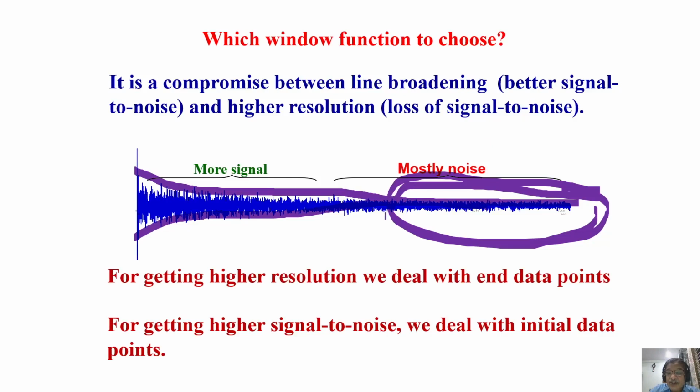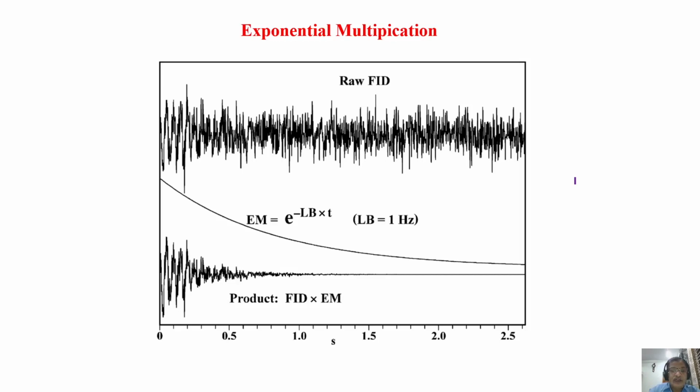Fine. But the advantage is you have reduced the noise component here. The noise part is removed. So what is the benefit and what is the loss? The benefit is you will get a better signal to noise ratio because the noise part is reduced. But the loss is you are incorporating line width artificially into the peaks. So there is a benefit and there is also a loss.